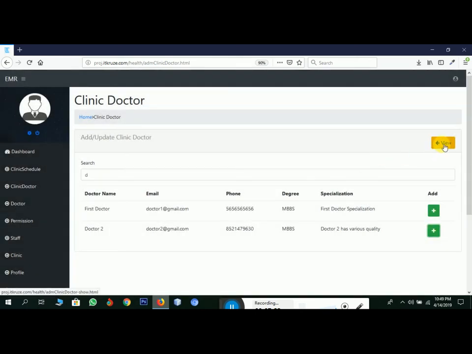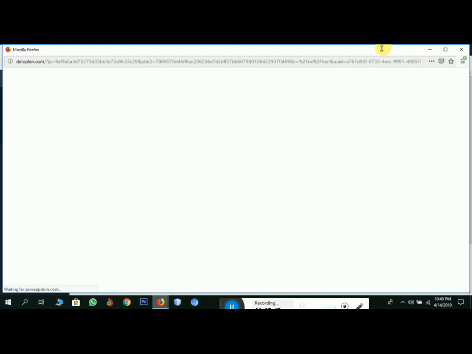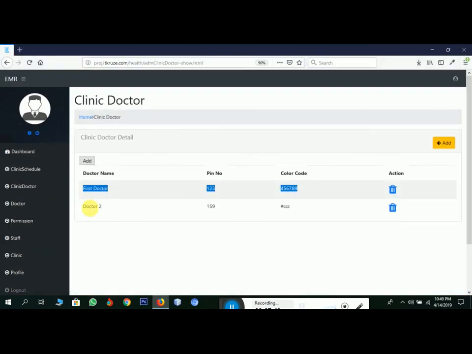This concept will be described easily in the next video at the doctor panel. And by using the view button, the list of doctors will show here with their pin number and color code, and we can delete that doctor by using this button.